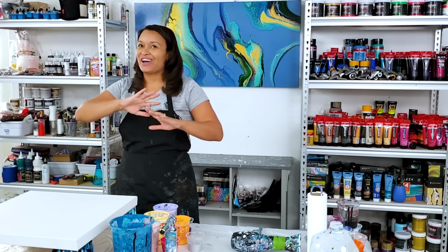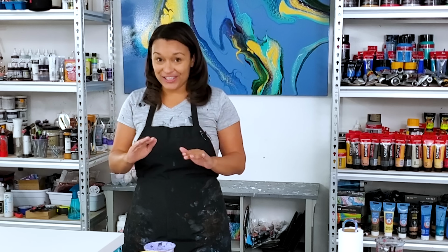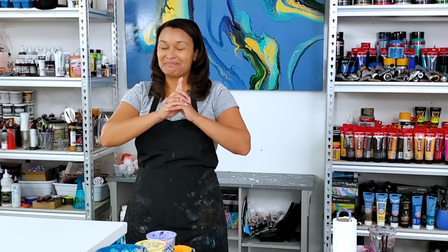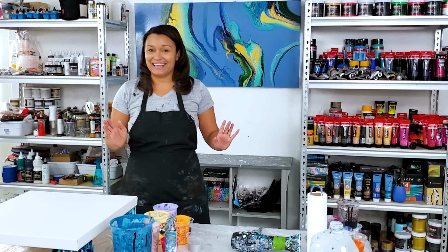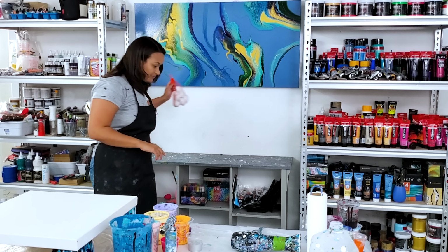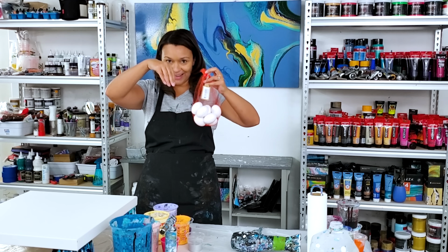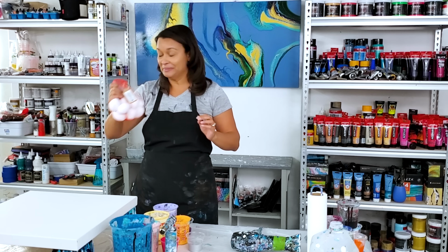I had a whole idea planned. I had done it a couple years back. I wanted to crack open eggs, like a mystery painting. And I got in my studio, I can't find the eggs. So, change of plans. I found other eggs too, they're behind me. And I was gonna paint on these, but then there's no place to hold them upright. It's a mess. It was a mess. It was an Easter fail. So